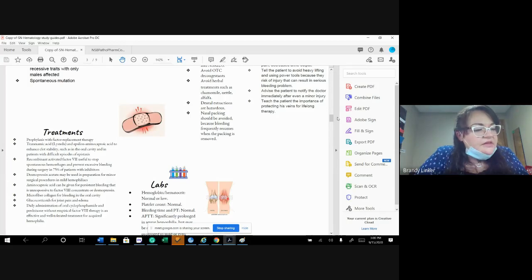And then these tend to be stored in the spleen. So when you have a bunch of baby, ineffective, kind of crappy platelets, they'll end up getting stored in the spleen. Okay, because remember I told you earlier, spleen is like your body's trash can. So a lot of the times these people have a splenectomy because the spleen will get overwhelmed with all of these. Okay, so your nursing considerations are going to be bleeding,